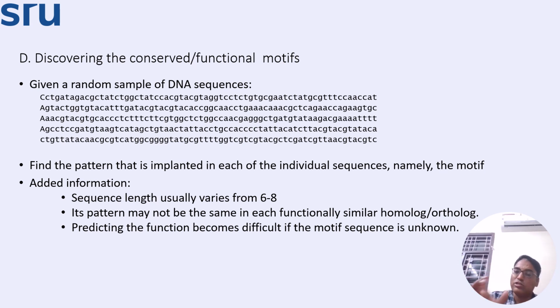So within a sequence, if some bases or some amino acids are conserved, which is functionally conserved in all the sequences of that same class, then we will call it a sequence motif. Structural motif means if some small structural repeat is present in all functionally similar classes of similar proteins, then it is a structural motif.